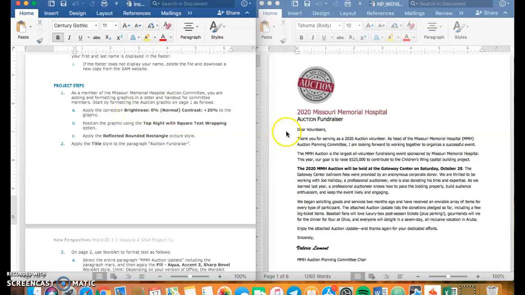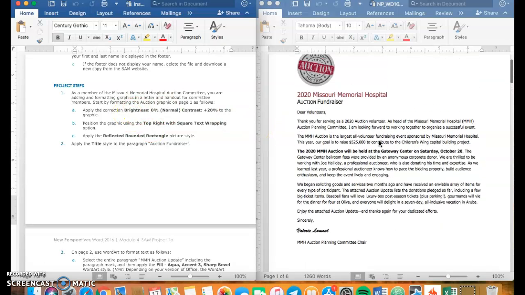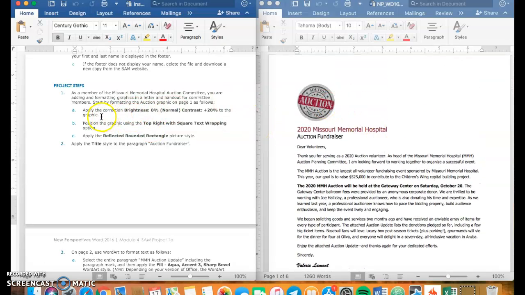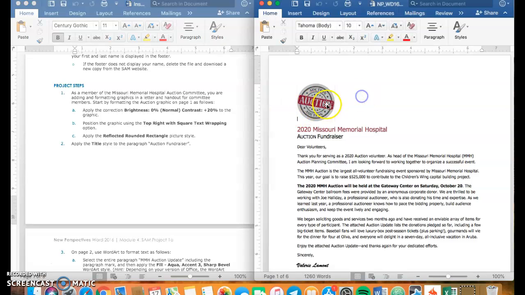You'll see for page 1, which is the page that we're on, we're being asked to apply the brightness 0%, normal contrast plus 20% to the graphic. So you'll simply click on the graphic, and if you possess the knowledgeable skills, you'll be able to quickly understand that what you're being asked is to go to the picture format,